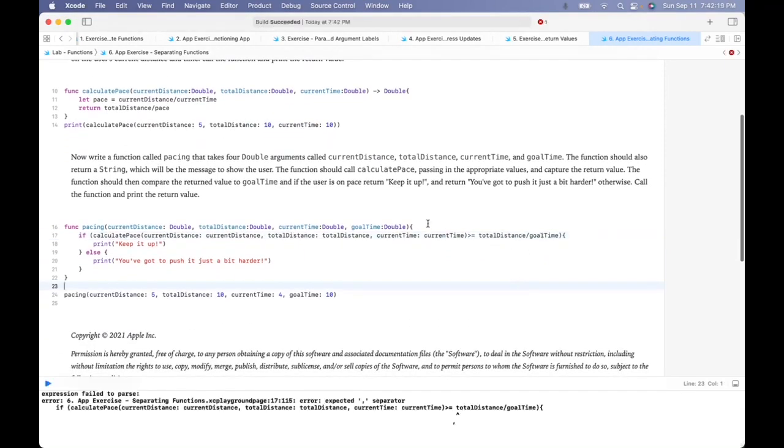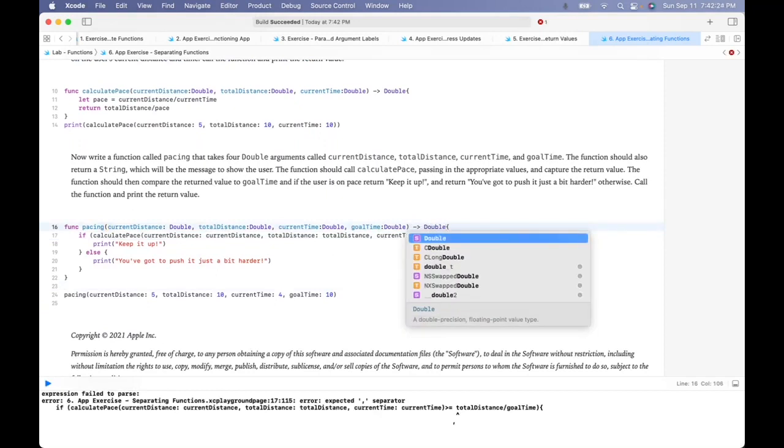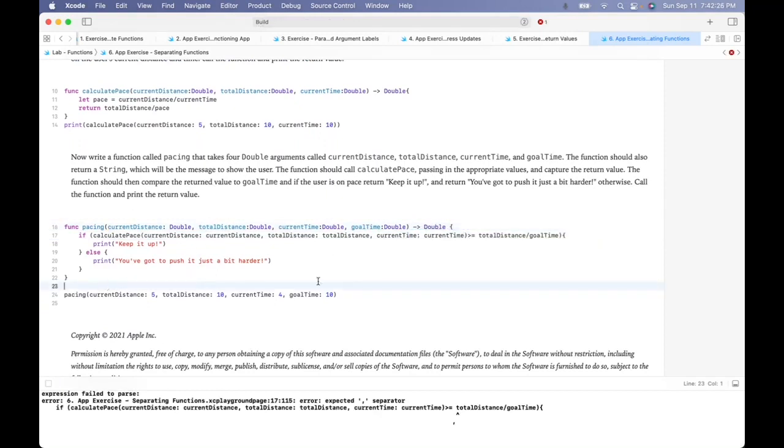So this will also return a double. So it gives us the time that they're projected to finish. So if the time that they're projected to finish is less than or equal to their goal time,